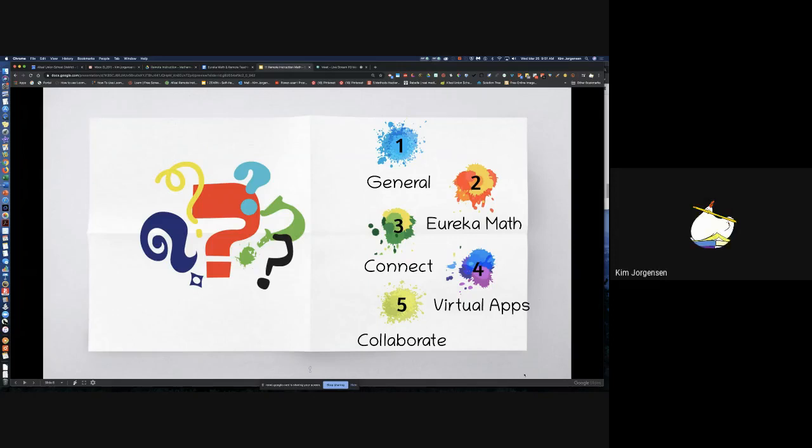Yes. So the rambling went something like this. They need to be solid on their facts to 20. It would be great if they had them from memory, but they need some kind of quick way of getting to them if they don't have them from memory. Preferably, I know how to get to 10 and then I know how to get beyond 10. They need to really know and understand place value with the bundling and the unbundling, because they're not going to have any help in that in 3rd grade.